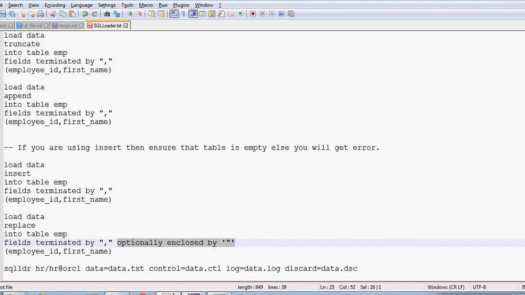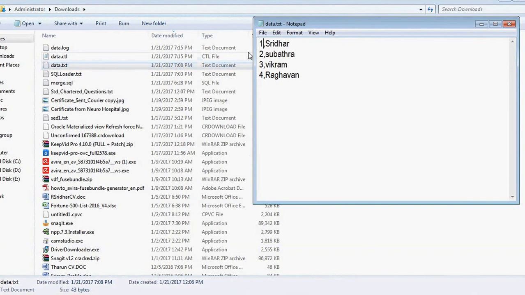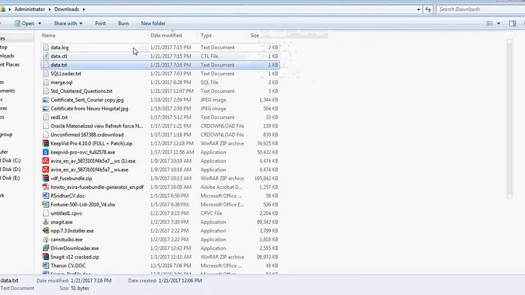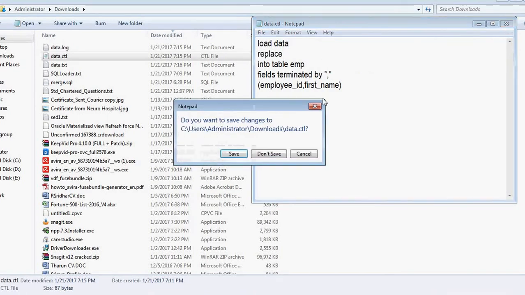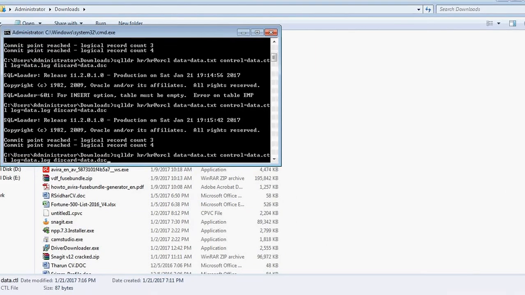The speciality is, if your input text file, the data coming from any application, looks like this, and you insert the same data without using the keyword optionally enclosed by double quotes, then your data will be inserted as it is.